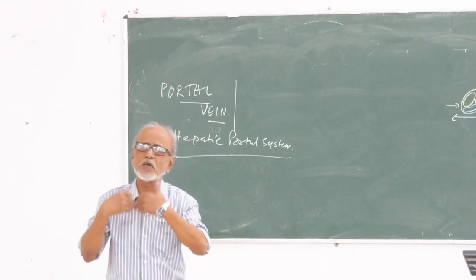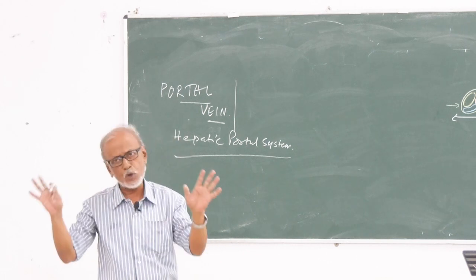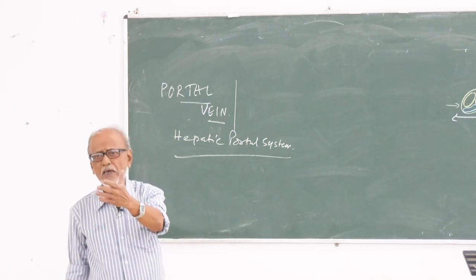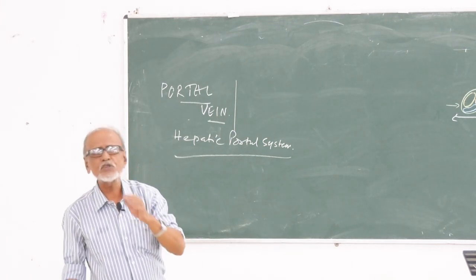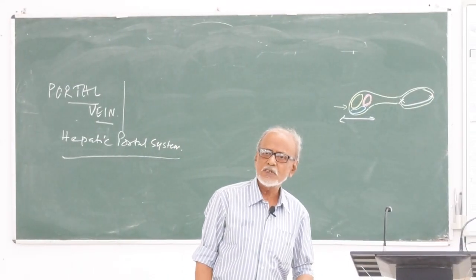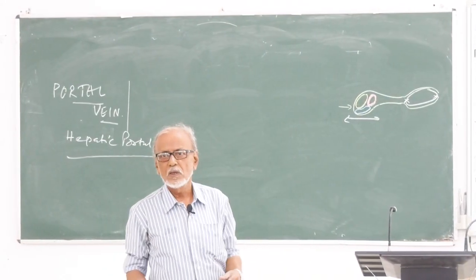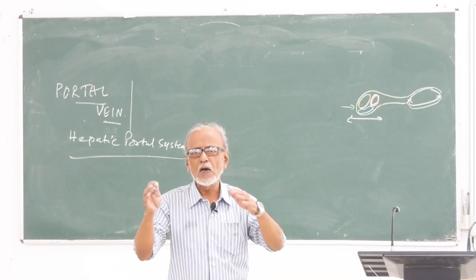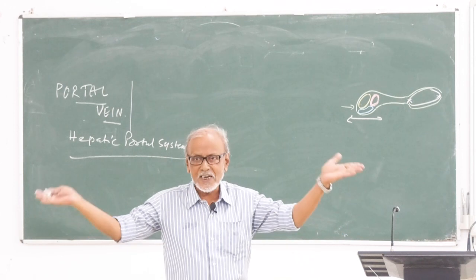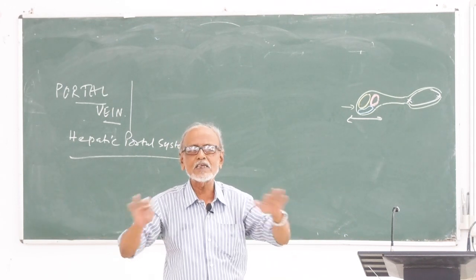Once I say a system, তাহলে ক্যানভাসটা অনেক বড় হলো। Why I am calling this as hepatic portal system? Because in human body we will find such systems elsewhere. Veins forming system আমরা অন্য জায়গায়ও পাবো।